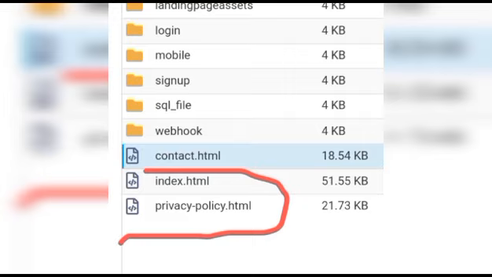So the next thing we want to do, we actually want to change the name of our website. We want to change the name of the website right now. So I'm going to show you step by step how you can do that right now. So right now we actually